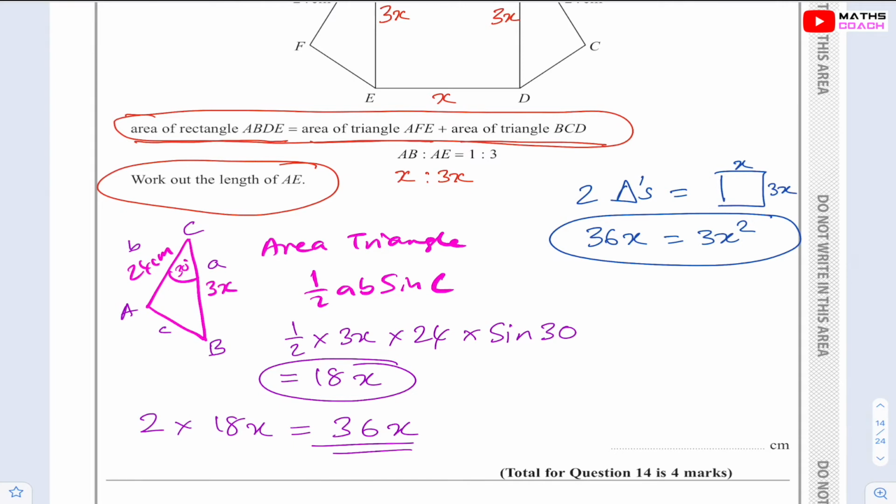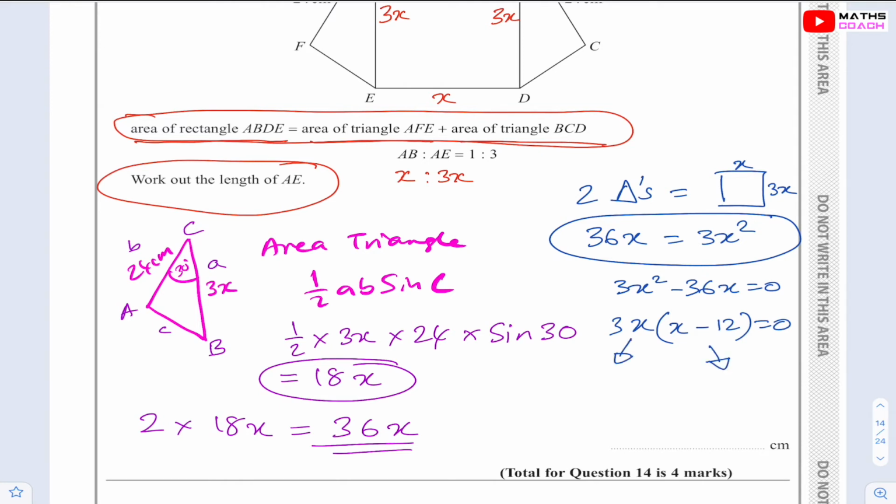In this particular instance it may not make a difference to your final answer, but it's very important that you understand, in order to factorize and find all the solutions in a quadratic like this, you take 36x to the other side and you factorize it. So you get 3x squared minus 36x equal to 0, and then you take out the x and the 3 as well. So you have x minus 12 equal to 0, and this has to equal 0, or this has